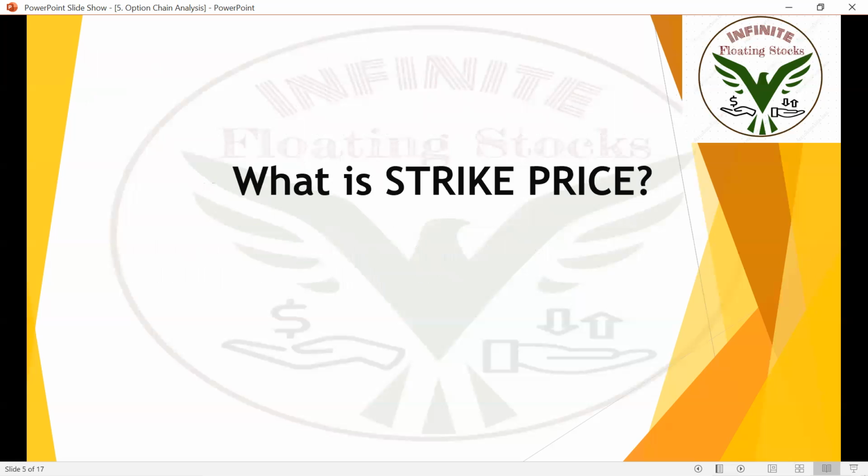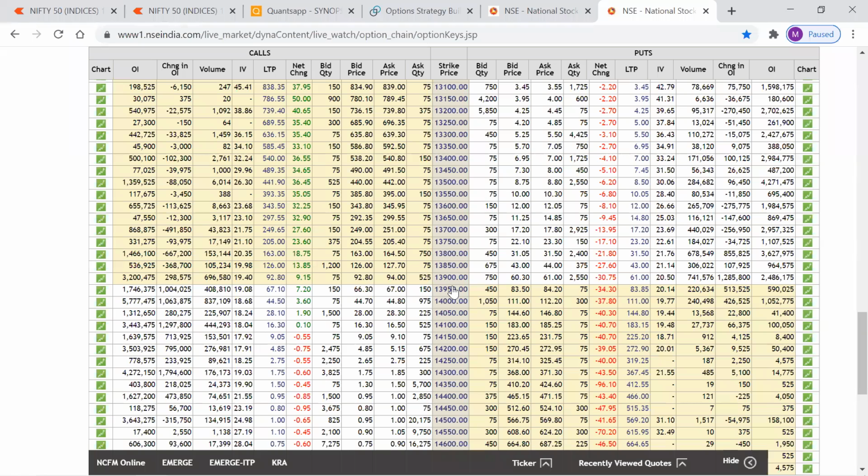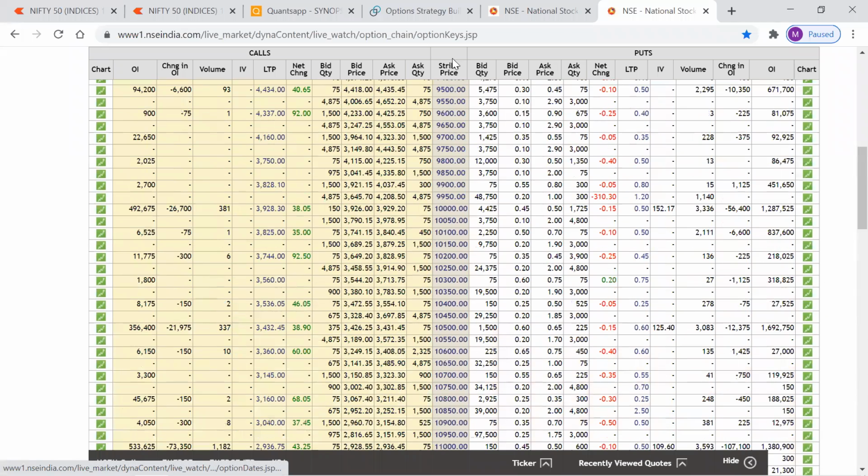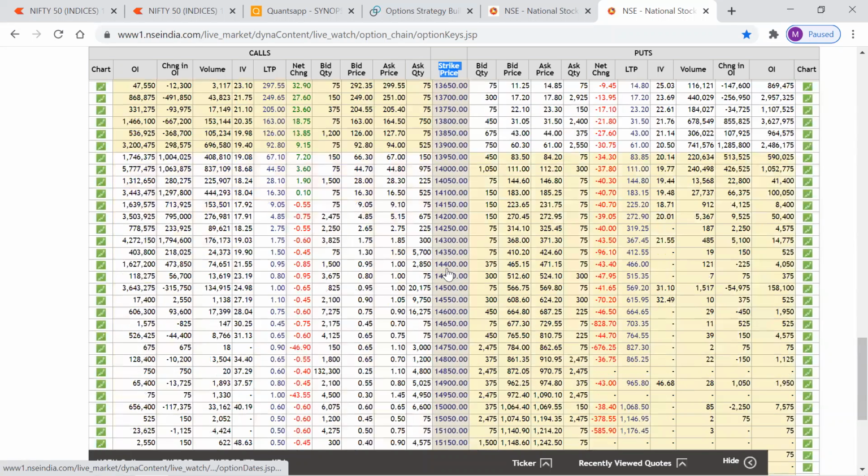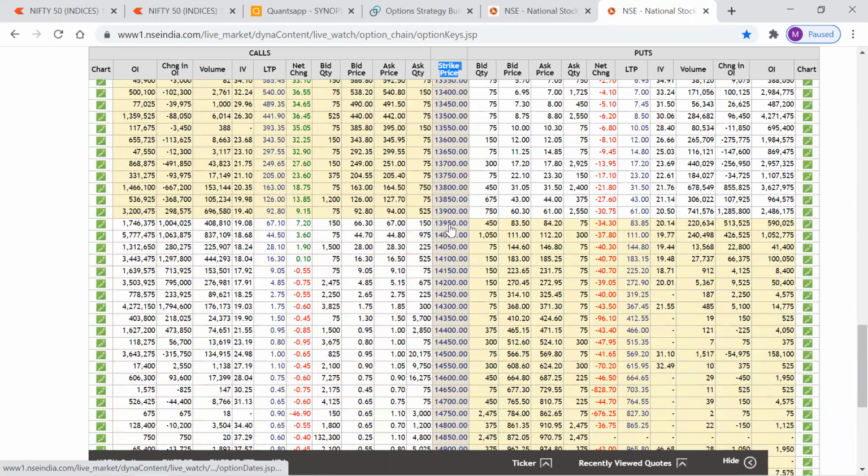So what is a strike price? Strike price is very simple. Look at this middle column in the table. It is written strike price. All these are strike prices. Now see, 13,950, 14,000, 14,050, 14,100, 14,150, 14,200. All these are strike prices. For example,